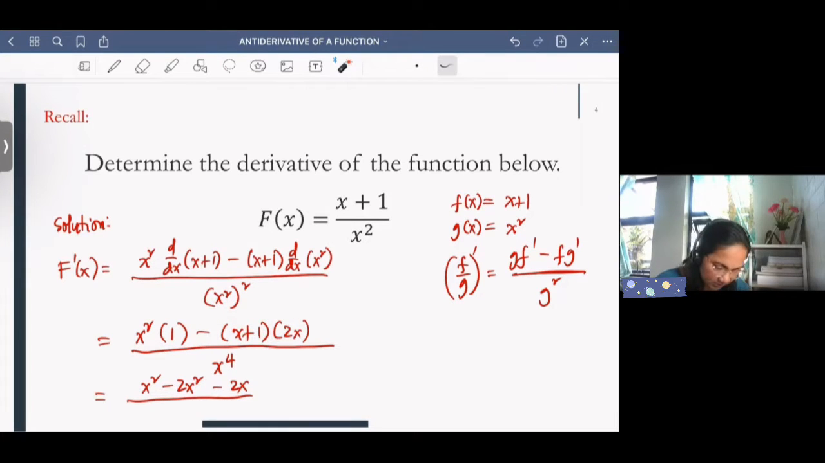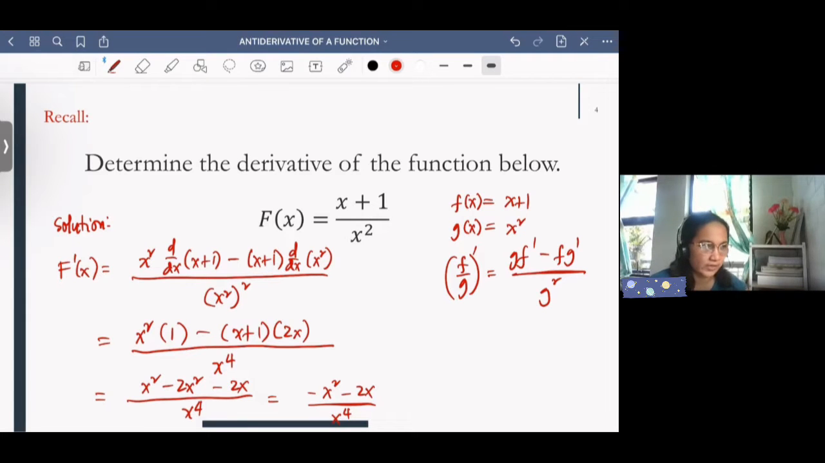Let us copy the denominator, that's x raised to 4. And then, if we simplify the numerator, we'll have x squared minus 2x squared. That is negative x squared minus 2x divided by x raised to 4. So, as you can see, for our numerator and denominator, we have x for each term, so we can factor